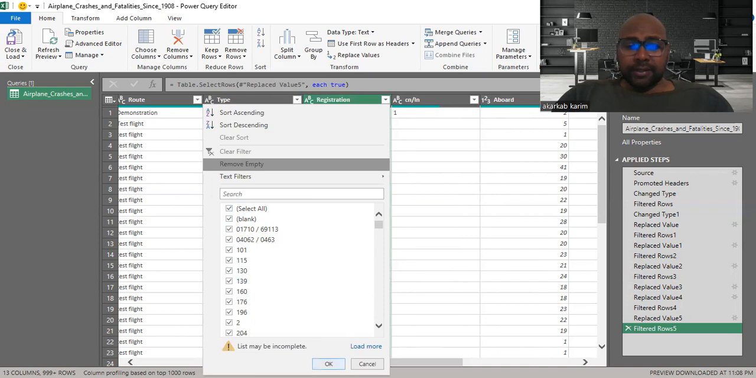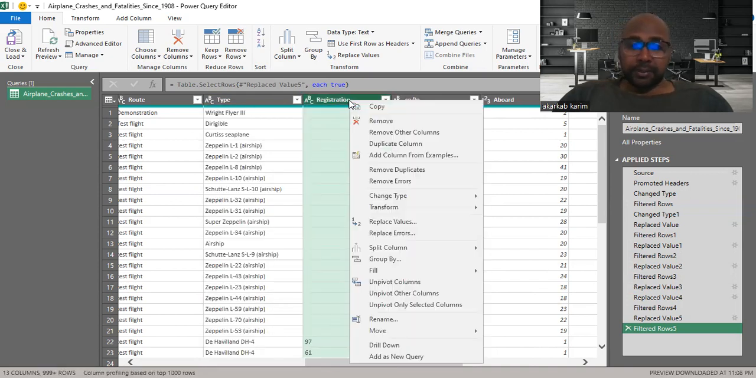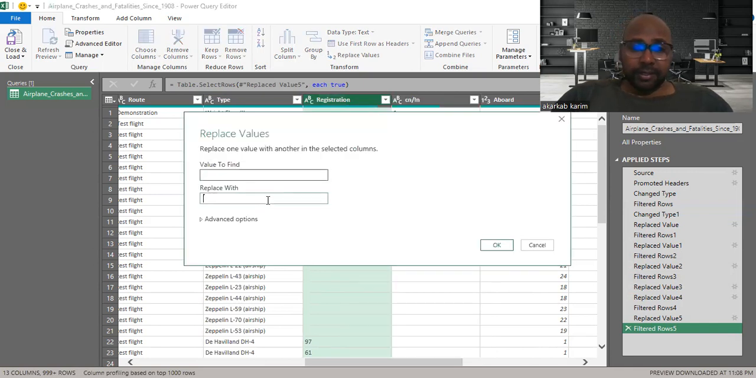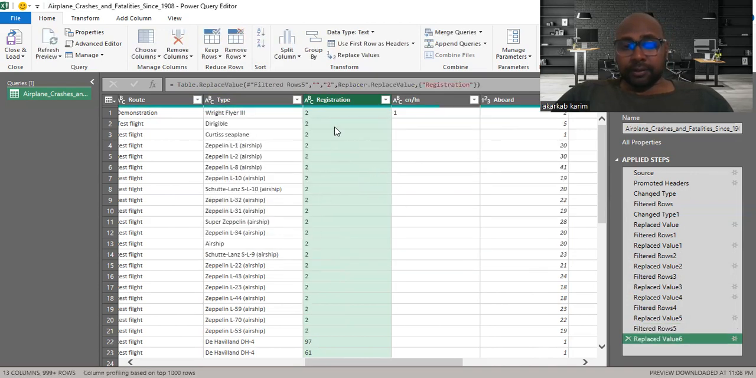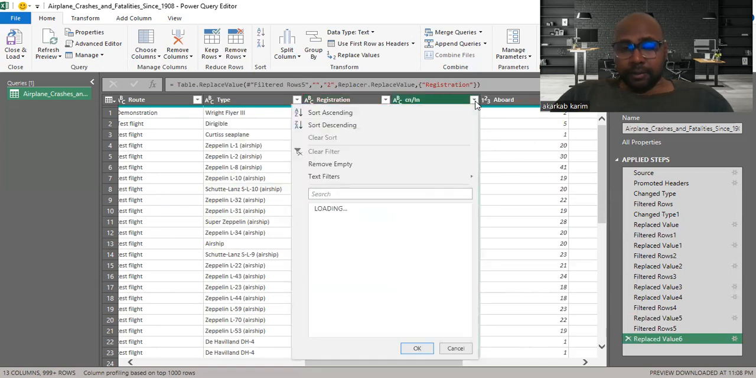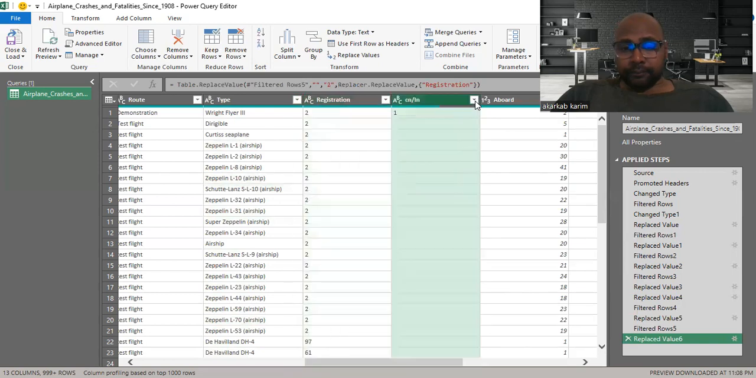So here we have blank. We need to replace this blank with some value. So in my case, you can just replace it with 2. Okay, and here I replace all the blank values with 2. As I told you before, I work on the mode, the most frequent value. Also, I can replace it with